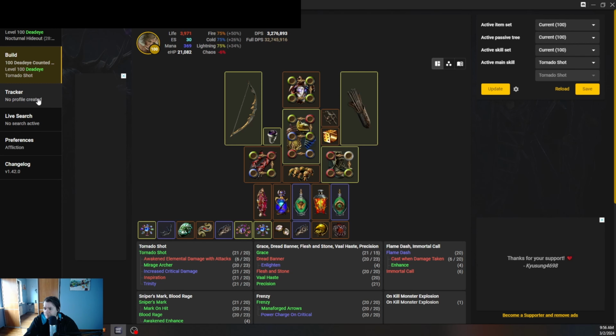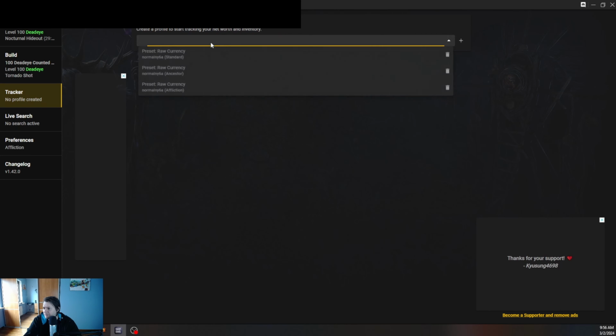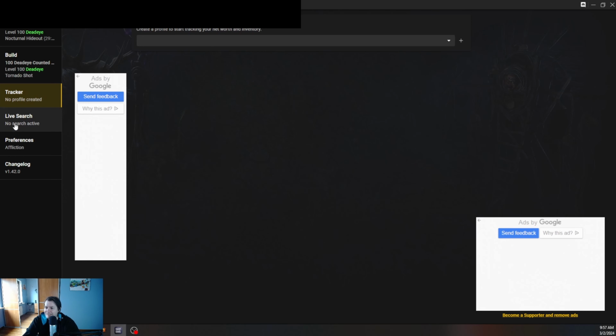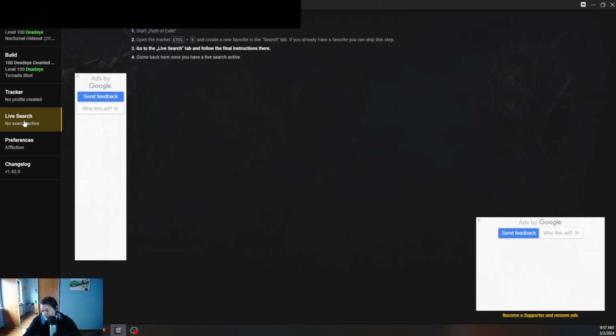EHP, and also we have the tracker. For some reason the profile is not visible. I don't know why. It should be. You can get your profile here and use it. The ads are there also. The live search, which is an advanced feature, because it will also need an upgrade of the desktop app, and you can set a couple of live searches here to have a signal when some item is on the market,